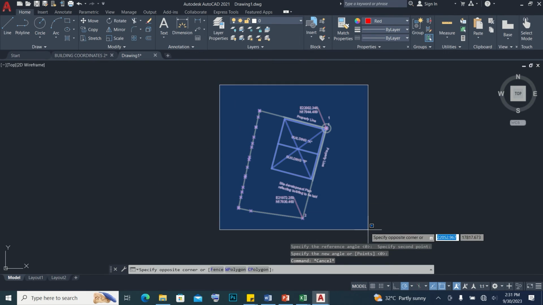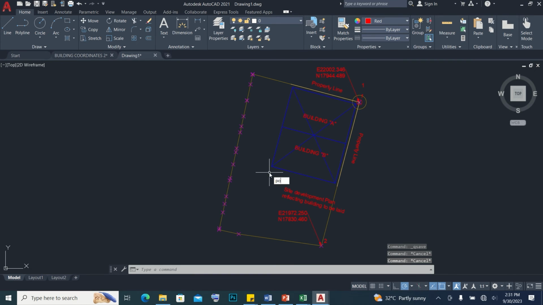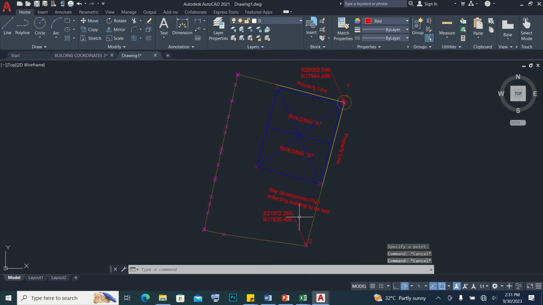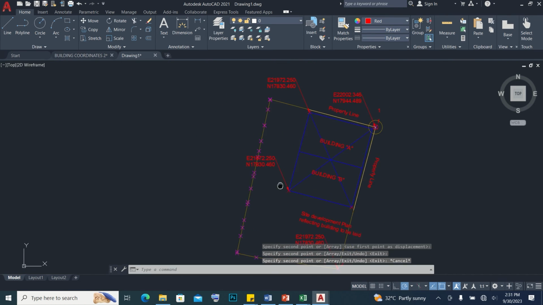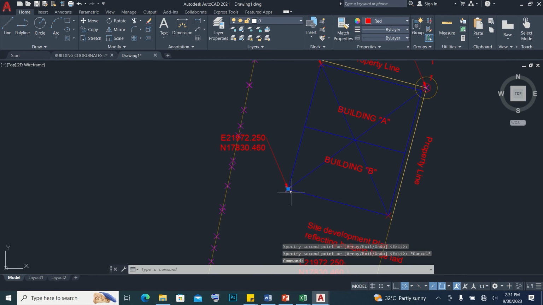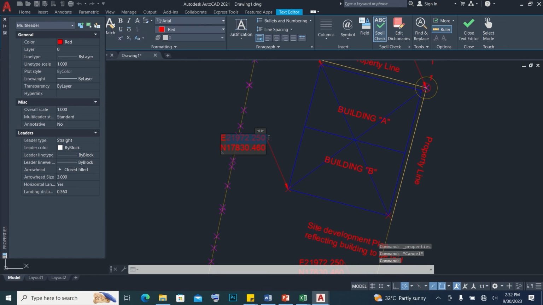Finally, we can now start getting coordinates for your building layout. To do this, type PO, enter, select the coordinates of your buildings, copy the letter format, paste the corners, right-click the point, select properties, copy position X, escape, double-click on text, paste the position X,